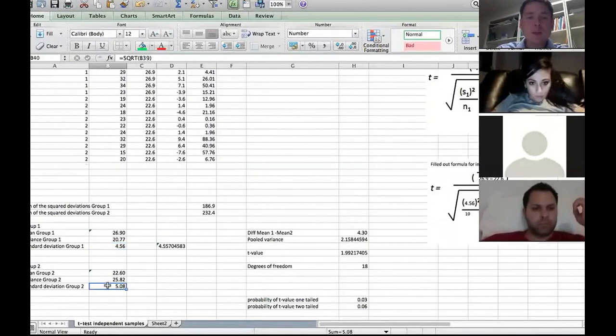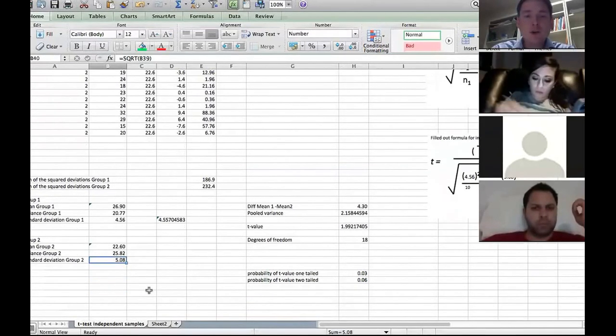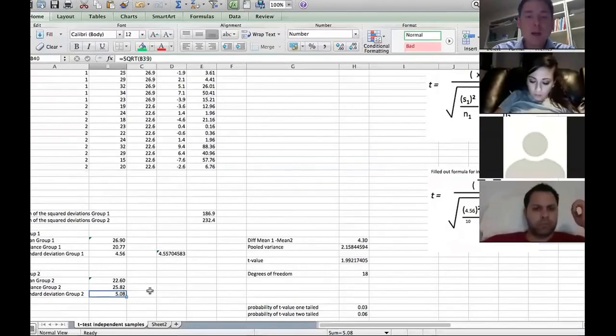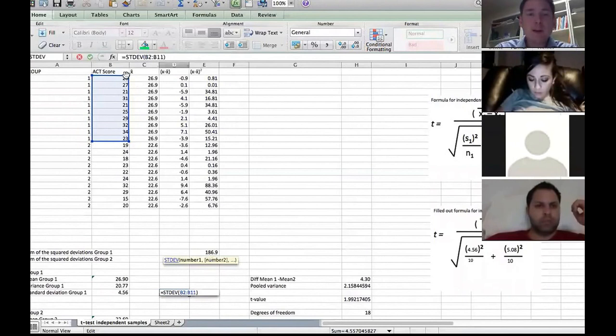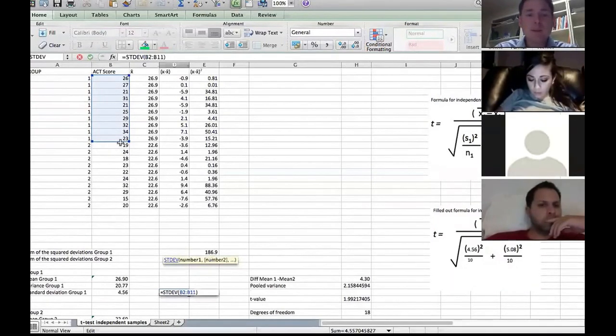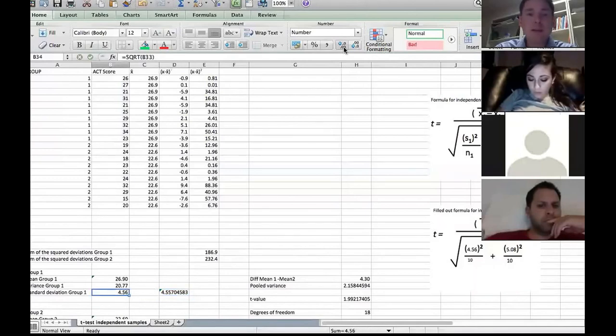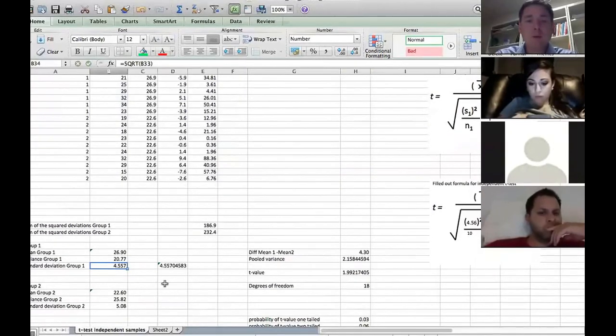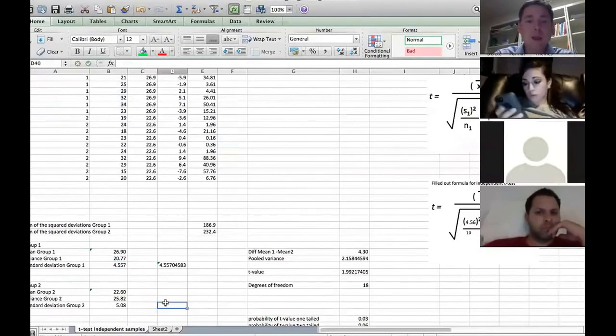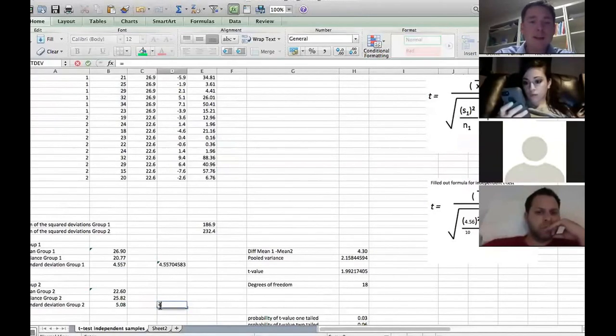And we can do the same thing to get the standard deviation for group 2. If we did it the short way, we could just type in standard deviation for the area B2 through B11, and poof, we would have the 4.56. Let me expand this really quick. Because of rounding, it's not the same, but if I take that away, it's the same exact number. So if I hit equal and I select standard deviation,